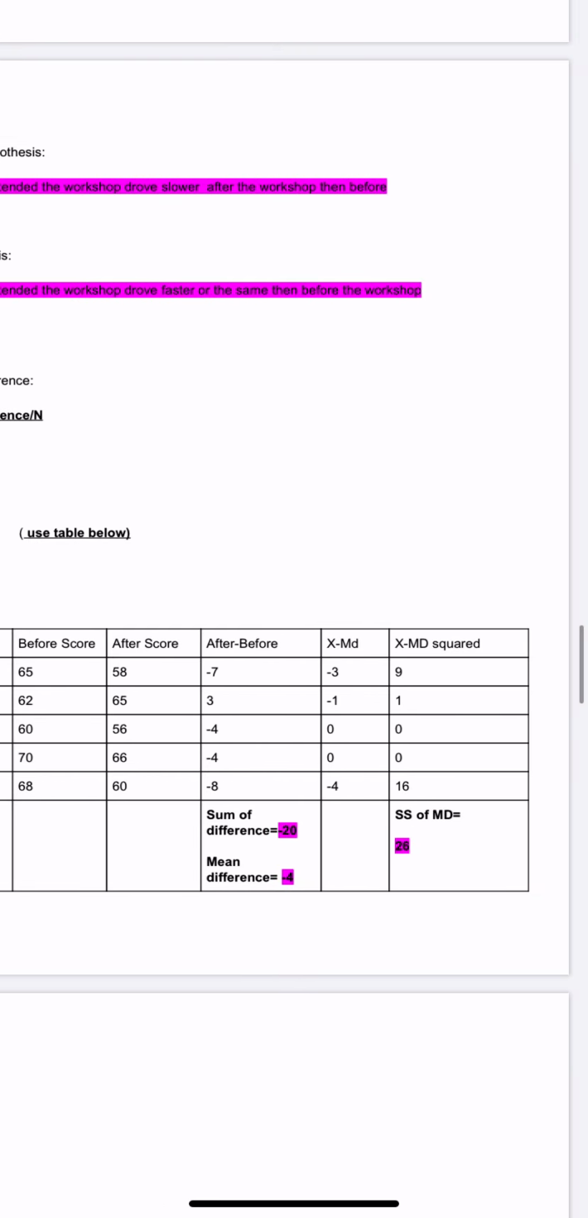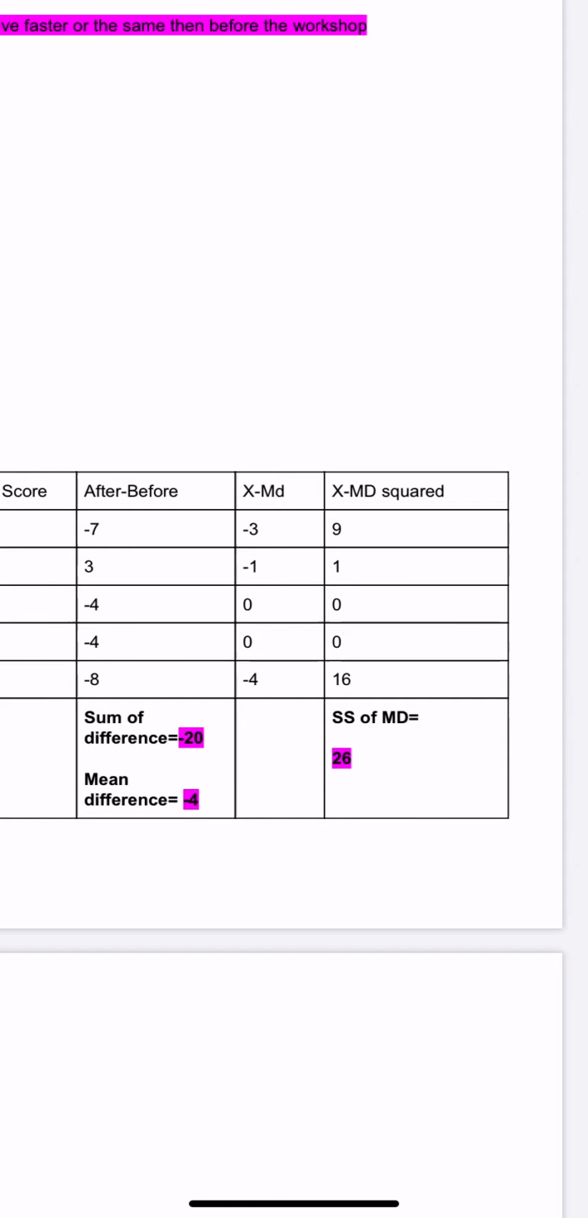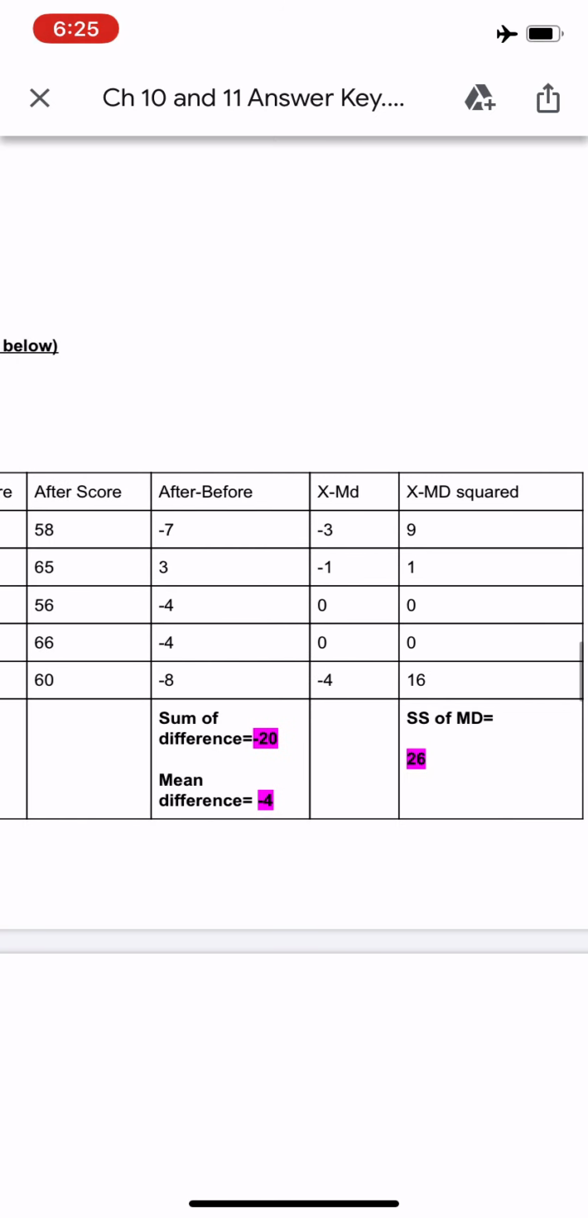All right, so now we could compute the sum of squares, right? This looks just like the definitional formula sum of squares chart table that we did in chapter 4. So what do